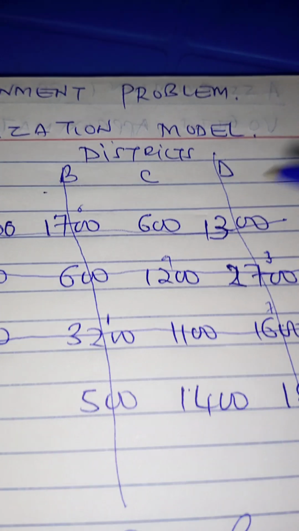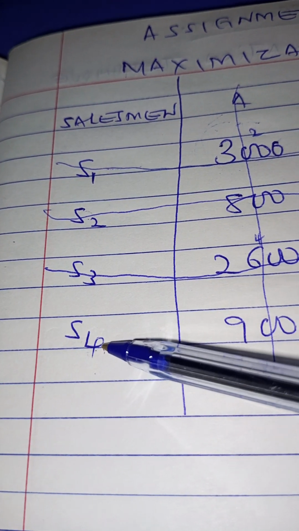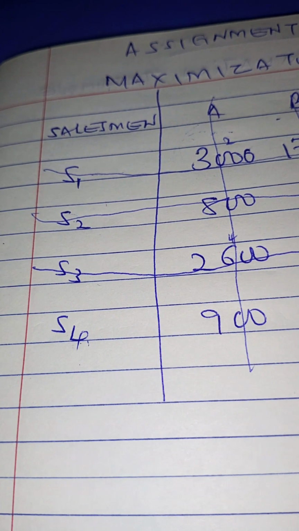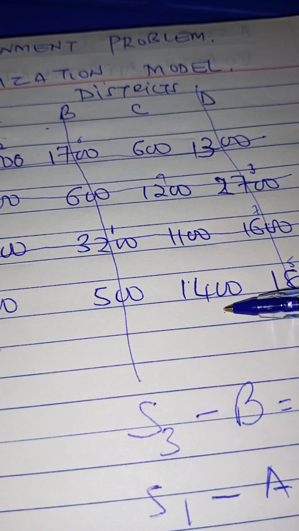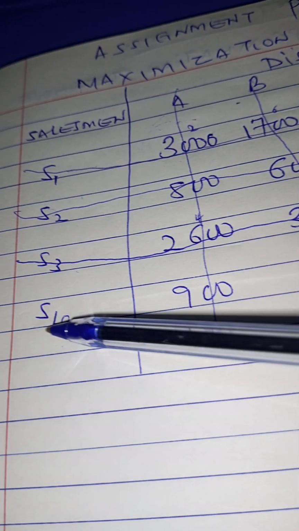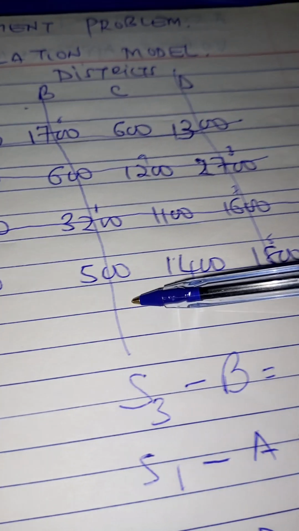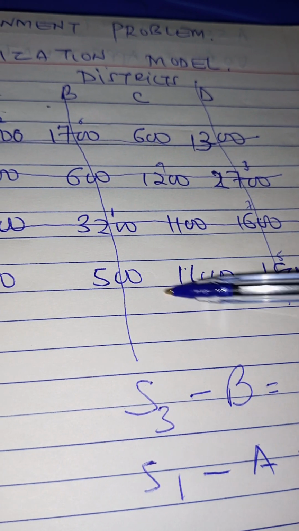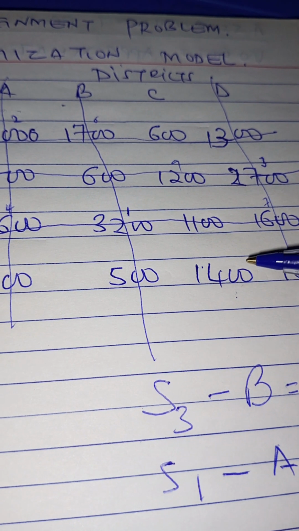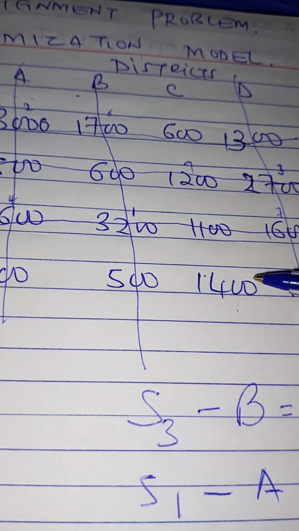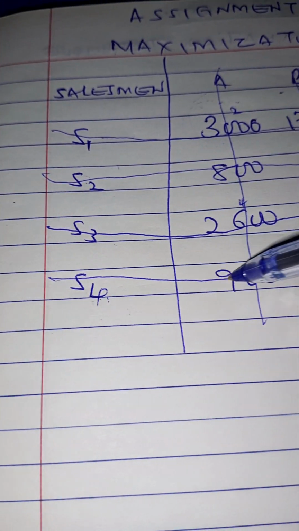Lastly, we look at the table and see that apart from C and salesman 4, the rest have been assigned to the respective districts. And therefore, automatically, district C is the only remaining option for salesman S4. And therefore, we shall assign S4 to district C. That will give us 1,400. It may not be the highest, but at least it's the only option that C can be assigned to. So salesman 4, S4 is also cancelled,